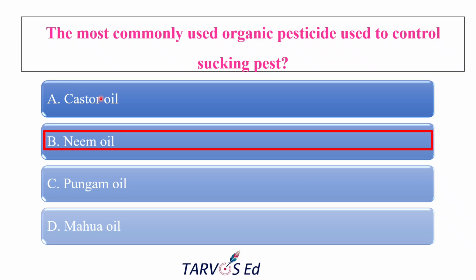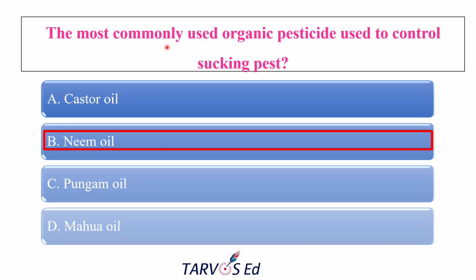Though it has some insecticidal property, it is not recommended as the primary pesticide for the sucking pest, because resin, a component present in this oil, is considered to be toxic, so the usage of this oil is limited. And mahua oil is taken from the Madhuca indica plant. This mahua oil is used as a rodenticide, and it possesses fish poison. So for fish and all we can use this one. It is not a standard recommendation for the sucking pest.